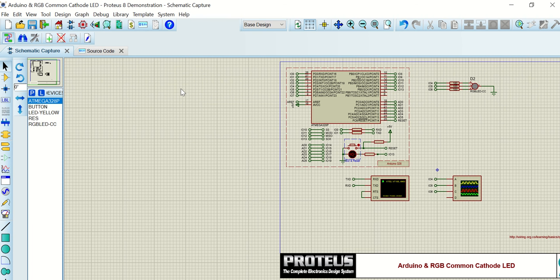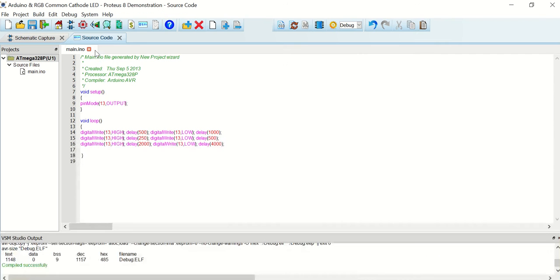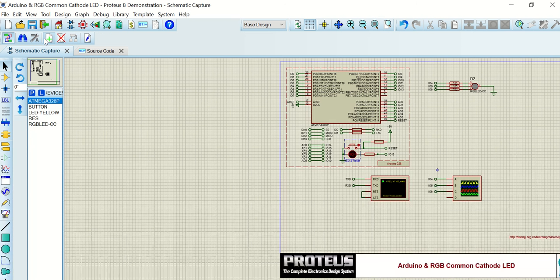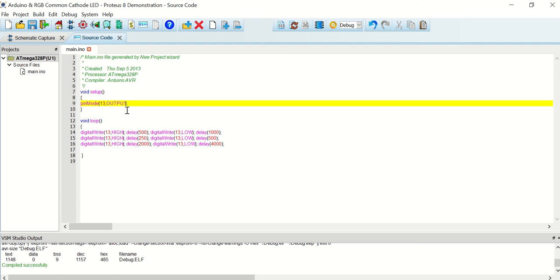So first we have to set up the example which is already existing in the software, and then we have to write the source code according to the specifications which were given to us. So first let me get you through this code. This stands for that the LED is connected to the 13th pin. So let me show you that this is the LED, and here we have connected it to the IO13, that is the 13th pin, right?